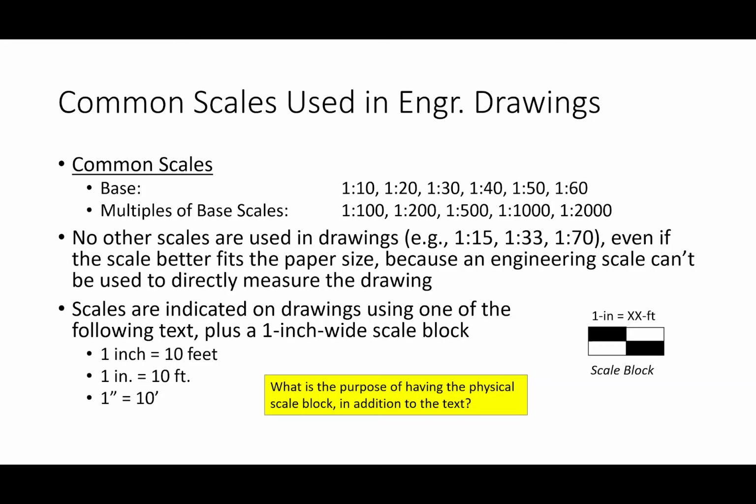Now, whenever we produce an engineering drawing that is to scale, we will typically place a scale block on that drawing, okay? I held off on handing these out because I'm going to show you this later. But I have here a drawing of a football field, and if you look at the bottom, I have a little scale block. Now, a question might be, why would I include this little scale block here if I put in the title block that 1 inch equals 40 feet? What is the purpose of the scale block if I told the user that 1 inch equals 40 feet?